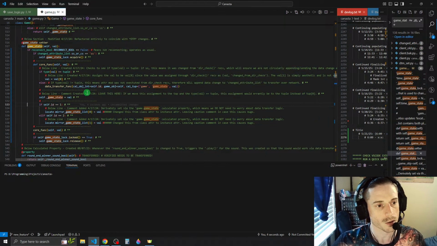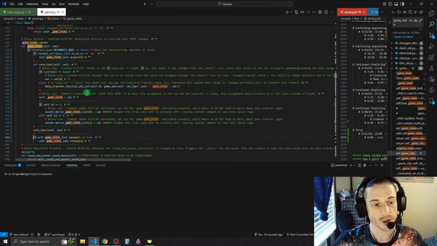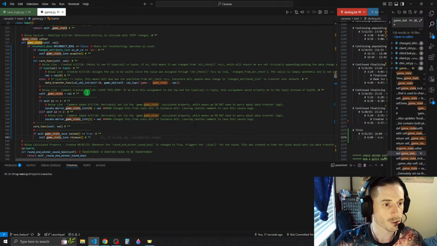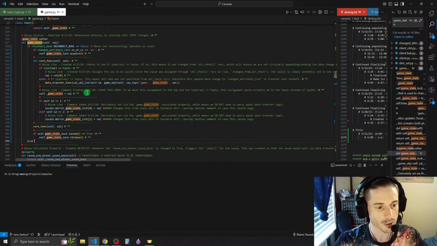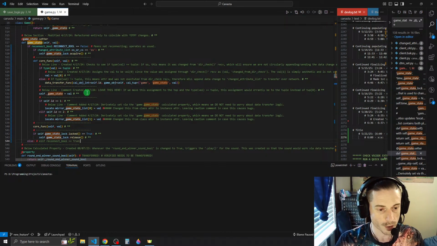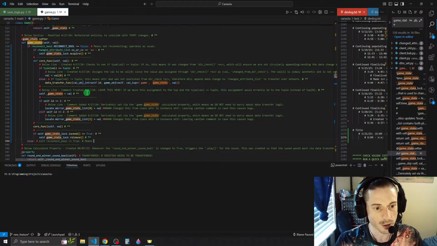Alright. So we have reconnect bool is equal to false, SS lock, core func, def data transfer, internal mirror game state, extra functionality, core func call, release lock. Then we go over here and we say else, which is basically saying elif reconnect bool is equal to true, try. This means reconnect avoids extra functionality and